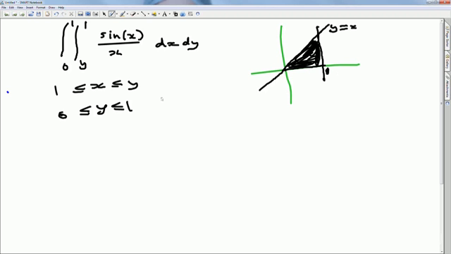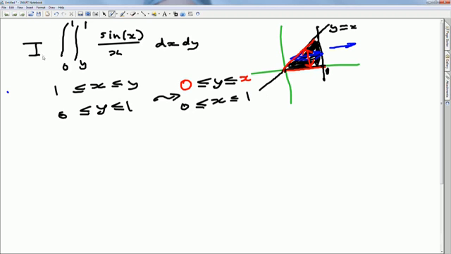To do that, we just need to reformulate this as y being between two functions of x. Previously x was between two functions of y. We want to go the other way now. So the highest y gets is this line here, which is the line y equals x, and the smallest it gets is this line down here, which is y equals 0. Then we have to work out what the range of x's is. And x is between 0 and 1. And that gives you our new limits. So therefore, our integral, we'll call it I1 for short, for our first integral,